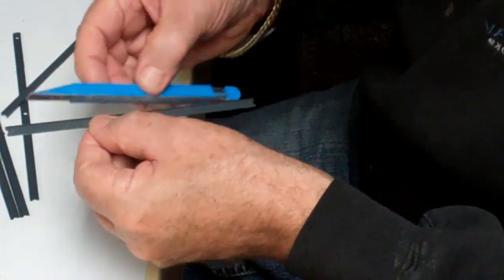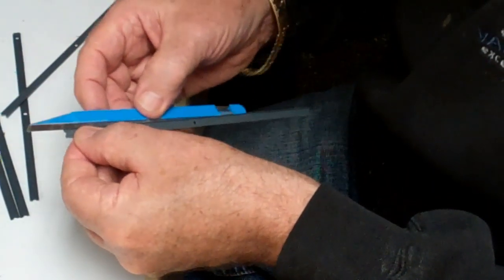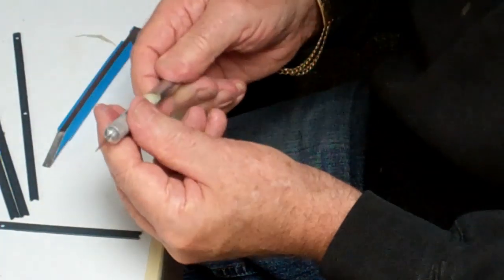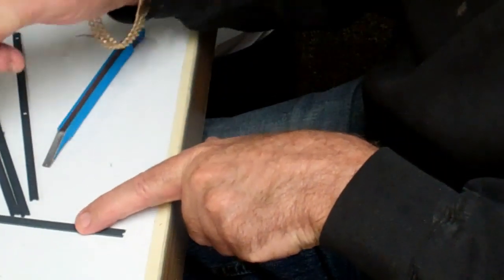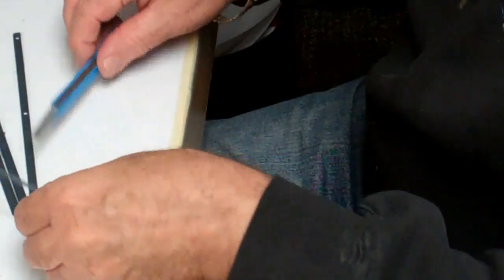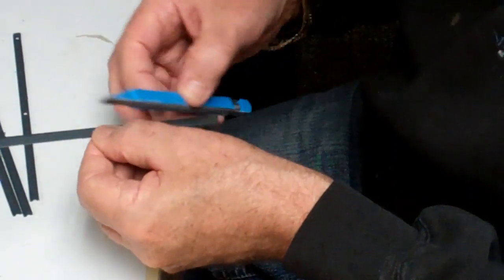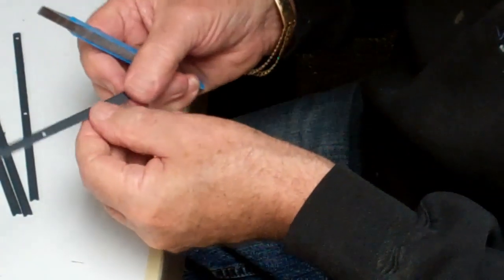By no means is this a beginner's kit. This is truly a craftsman's kit. It takes a lot of time. Now, I've spent several hours cutting these apart, and I've used this blade here as a chopper to chop the sprues off on the thin portions, and of course, as I mentioned earlier, the number 11 on other parts of the separations of the various laser cut stringers. But every single part has to be dressed,